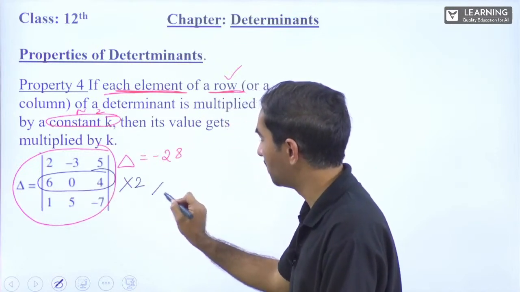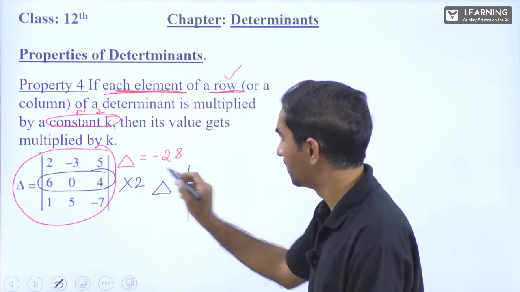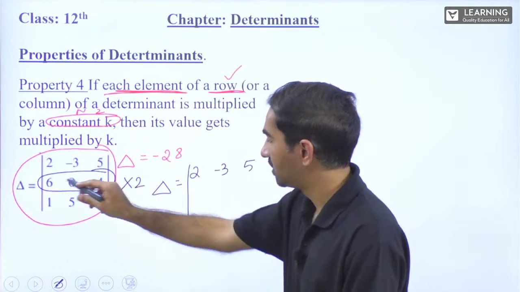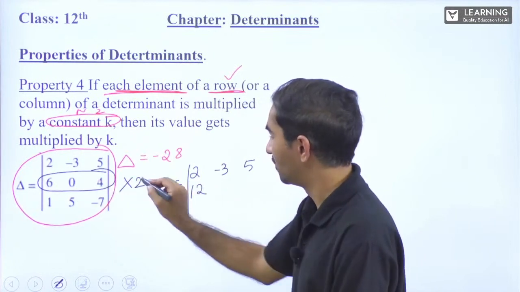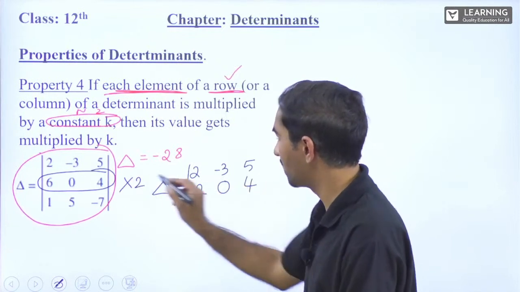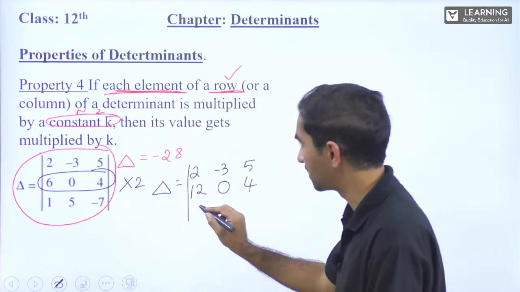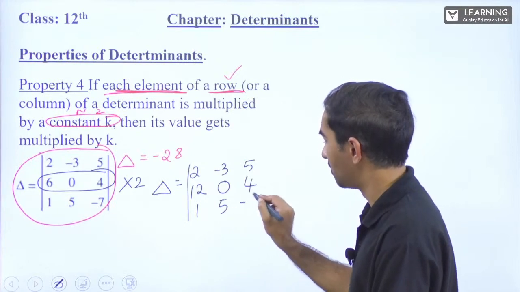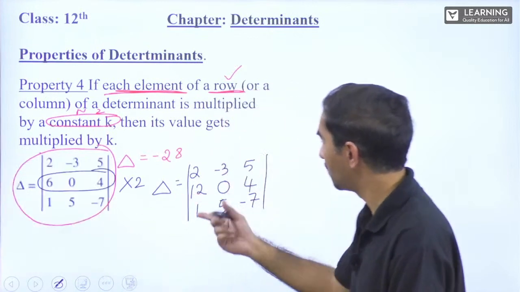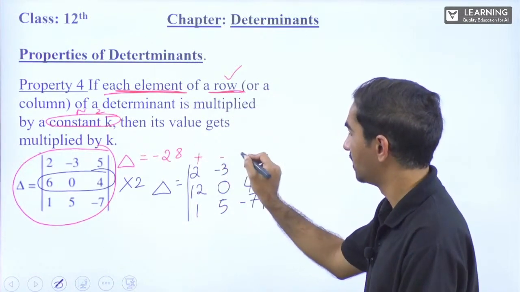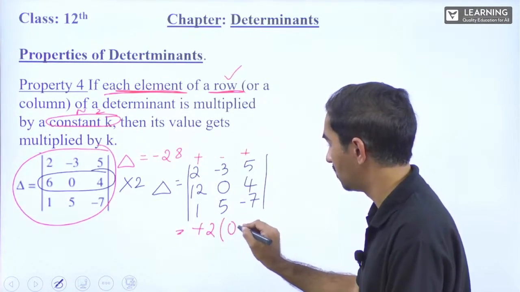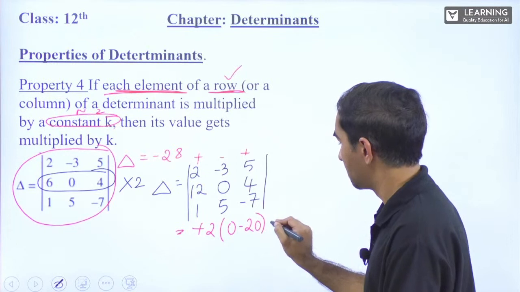So what is the new determinant we'll be getting? Determinant will be equal to 2, minus 3, 5; 6 2s is 12, 2 0s is 0, 2 4s is 8. Only for this row we are multiplying by 2. This row will be written as it is: 1, 5, minus 7. Evaluate this determinant now. We'll write the cofactors. We will evaluate this determinant with respect to the first row, plus minus plus, which is equal to plus 2, 0, minus 20, plus 3,